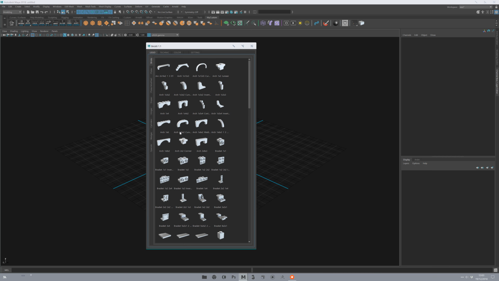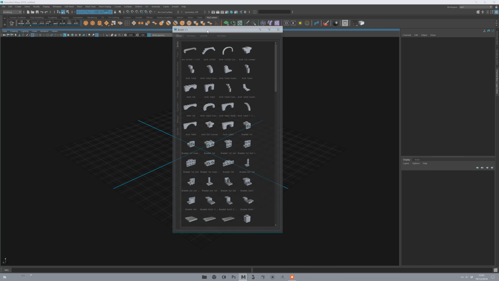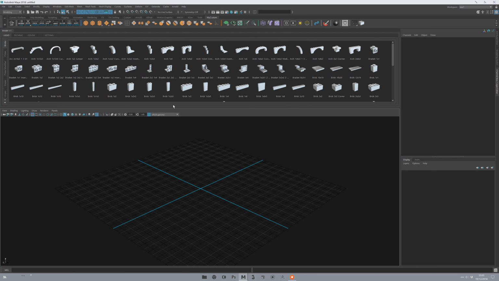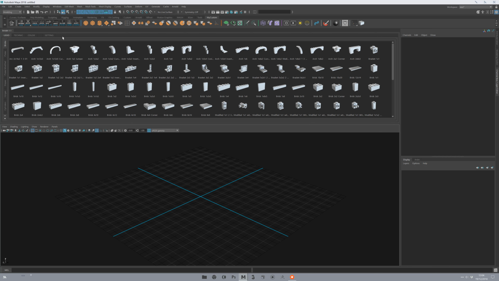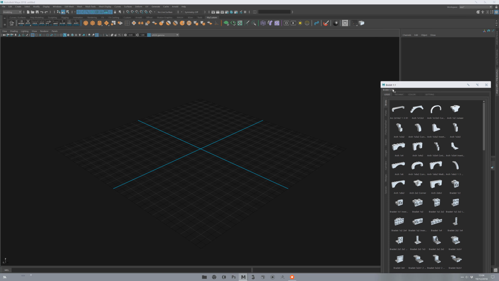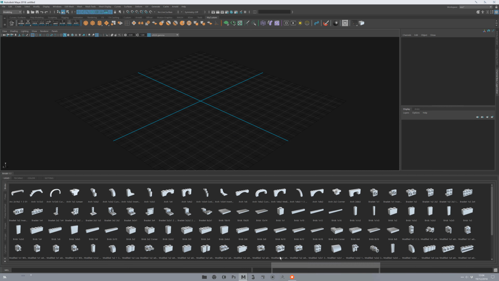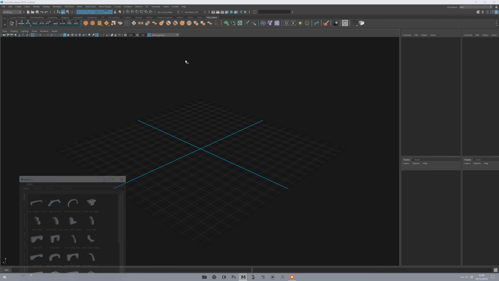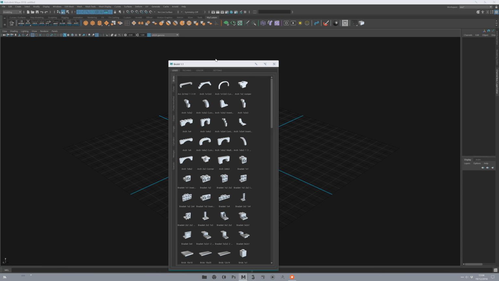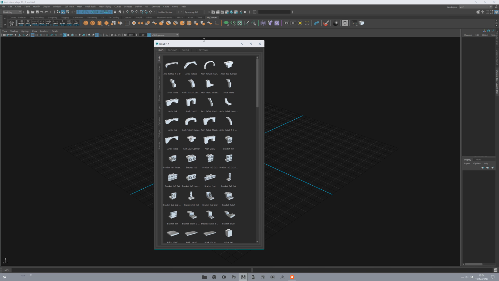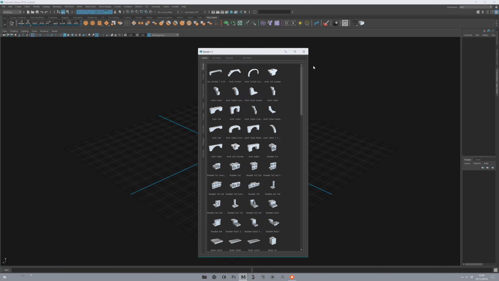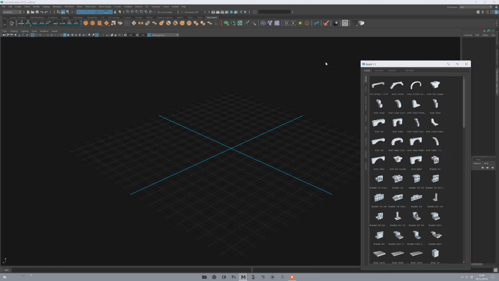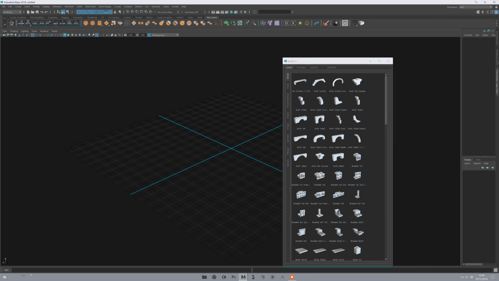So before creating a brick, try to dock it. For example, you can dock here, or you can dock on the bottom. Just test and organize as you want. Personally, I like to dock it with these 3 guys.